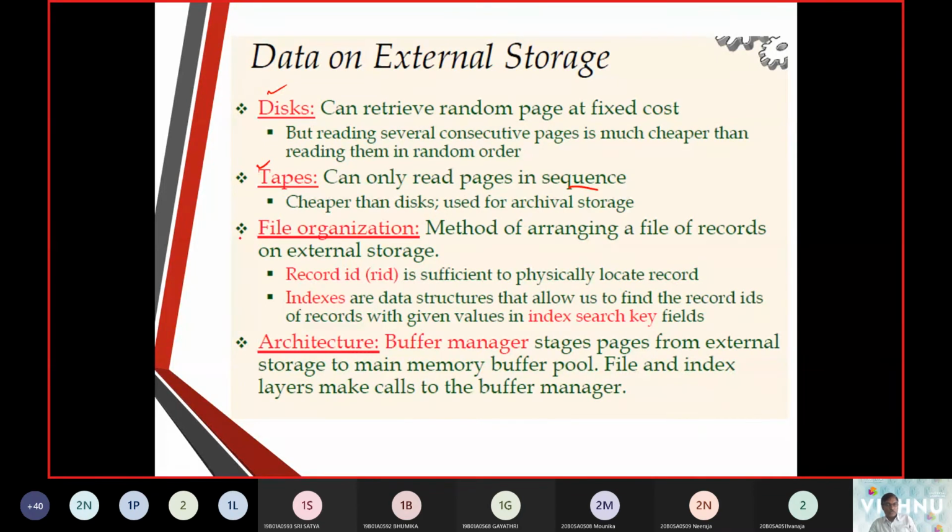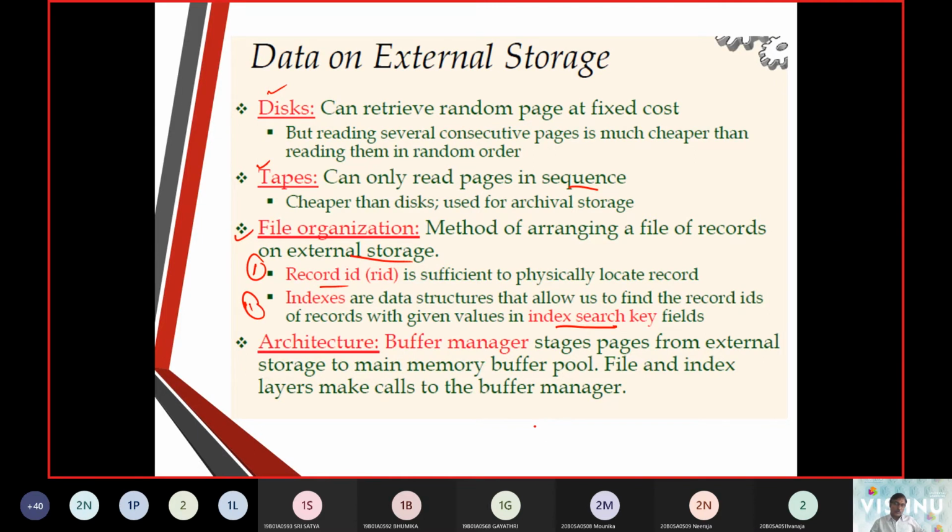File organization is purely done on secondary storage devices, that is, externally stored. There is one way, the row id or record id, and the second is to use an index, which gives faster and safer searches. That is what we call the index search key.